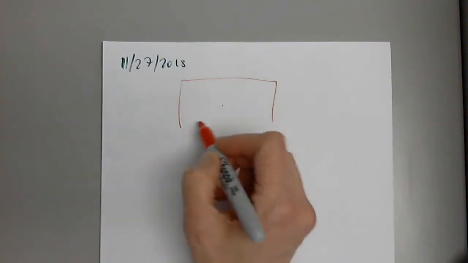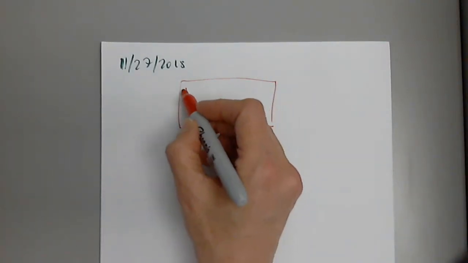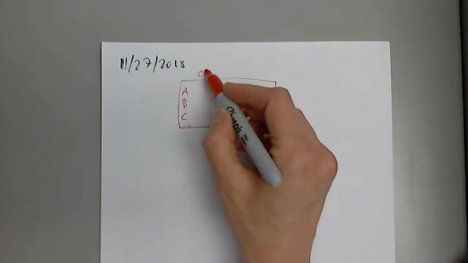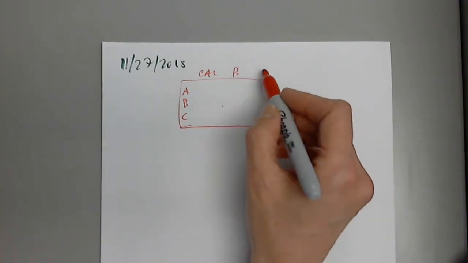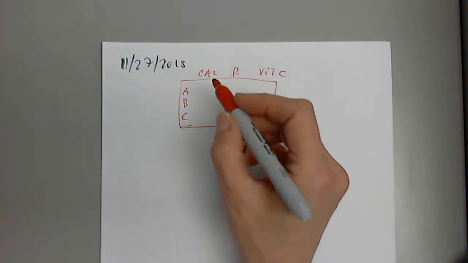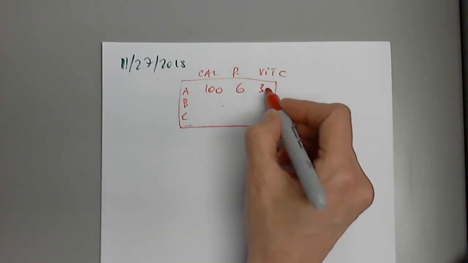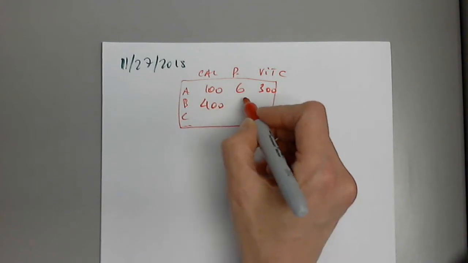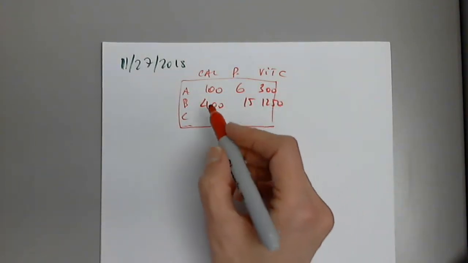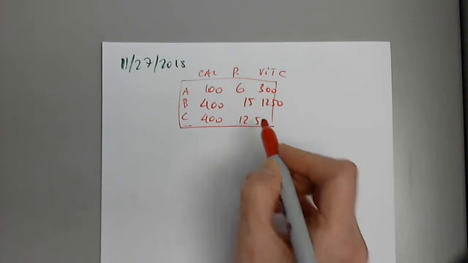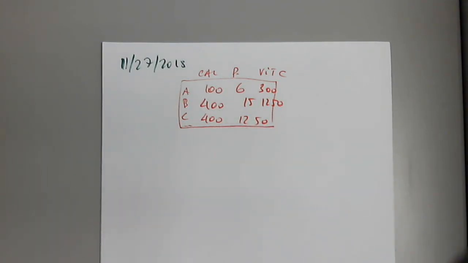We are given a table with food A, food B, and food C, and columns for calories, protein, and vitamin C. The values are 100, 6, and 300 for the first food, 400, 15, and 1250 for the second, and 400, 12, and 50 for the third. The nutritional content per ounce of three foods is presented in the table. If a meal consisting of the three foods provides exactly 4,200 calories,